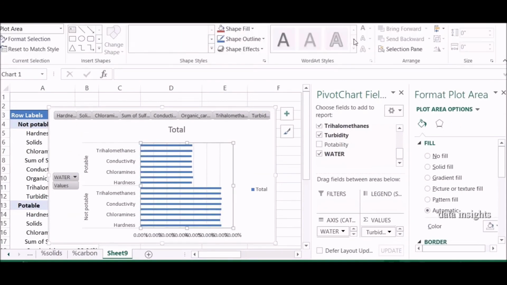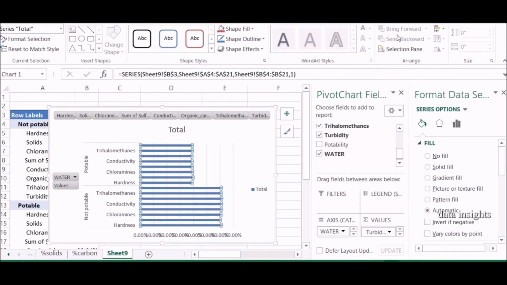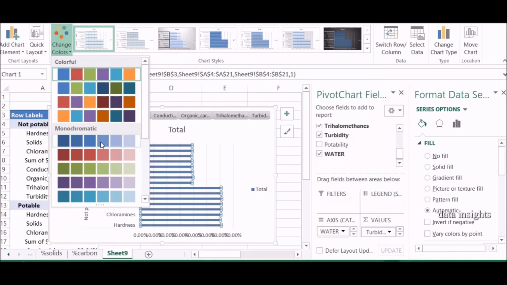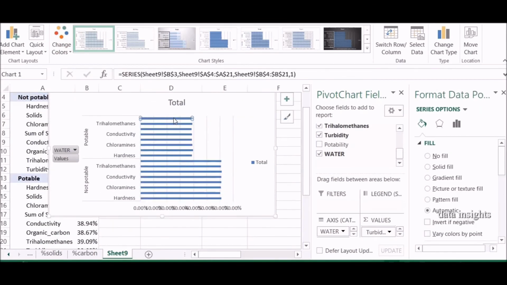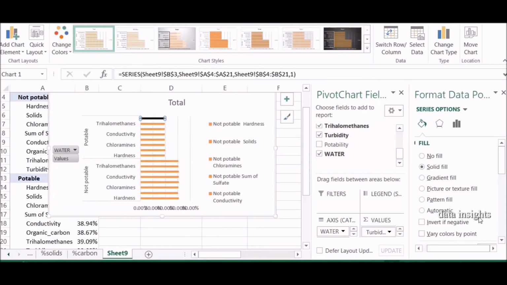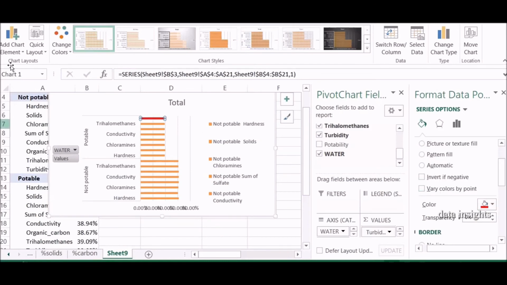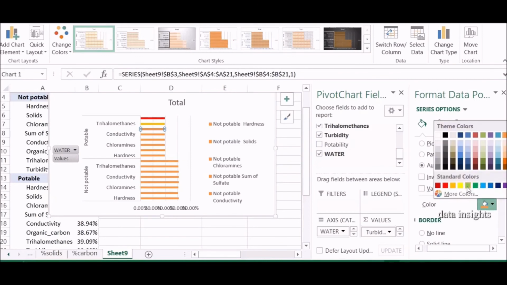Now you can change the colors for individual columns, which would be more interactive. You can change colors like this. You can play around with it.